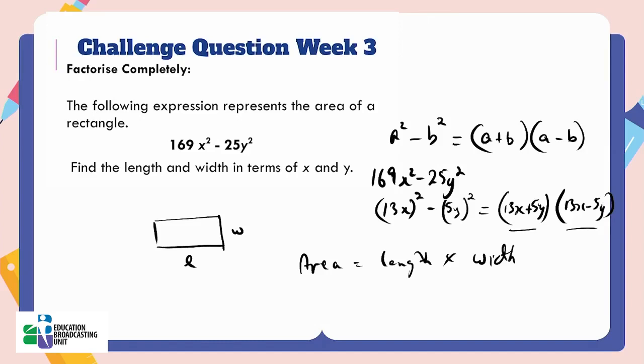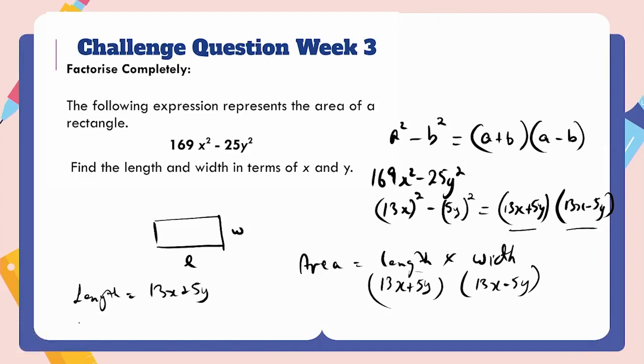Now the addition represents the longer length, the subtraction represents the shorter length. And so we have the length here being 13x plus 5y. That's for the longer side. We call the longer side of the rectangle the length. The shorter side, we call it the width. And so the width will be 13x minus 5y. All right, so we have both the length and the width in terms of x and y. So to answer the question, we can write length equals 13x plus 5y